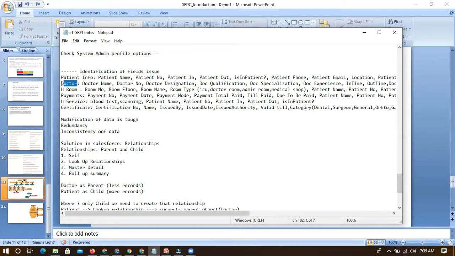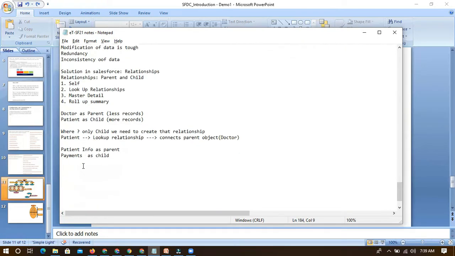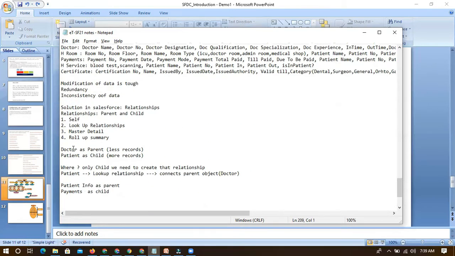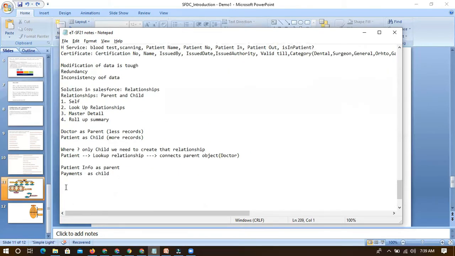Likewise, can anyone tell me, for doctor and payments, which one is parent and which one is child? Payment is a child, doctor is a parent. Okay, fine.